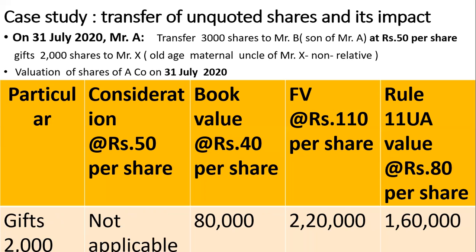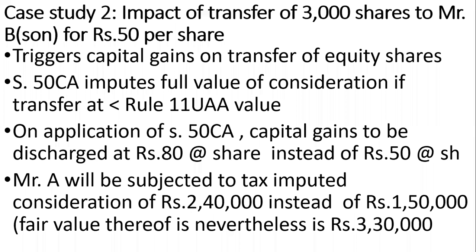Now, for the purpose of gift, the consideration I received is nil, book value 80,000, book value is 40,000, fair market value 2,20,000, Rule 11UA 1,60,000. So consideration would be nil, Rule 11UA 1,60,000. These two values will be used for the purpose. Book value in FA is not a value to me. So now, what would be the impact